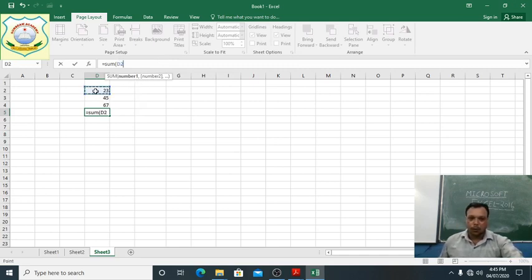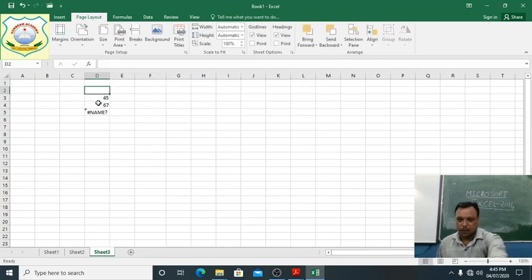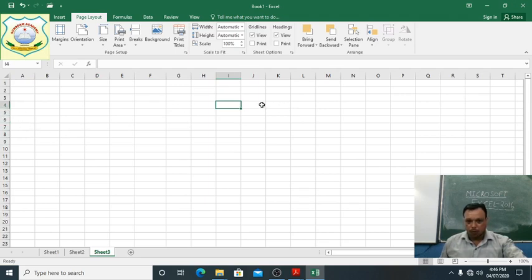Okay students, first of all we want to tell how to identify the address of cells. Wait students. This is the Name Box showing the address. Suppose we are here: the column is I and the row is 4, so it shows I4. If we are here, it is K2. K is the column and 2 is the row. This is the address.